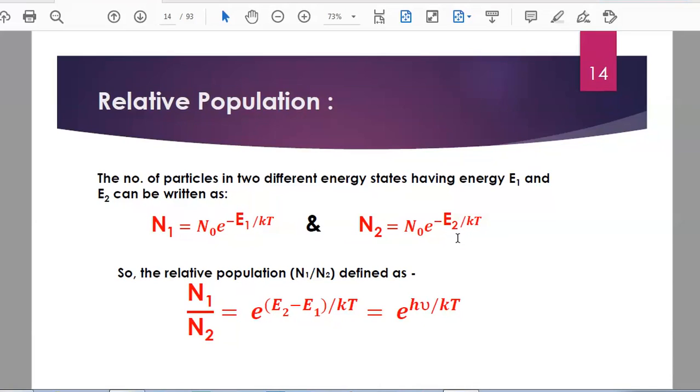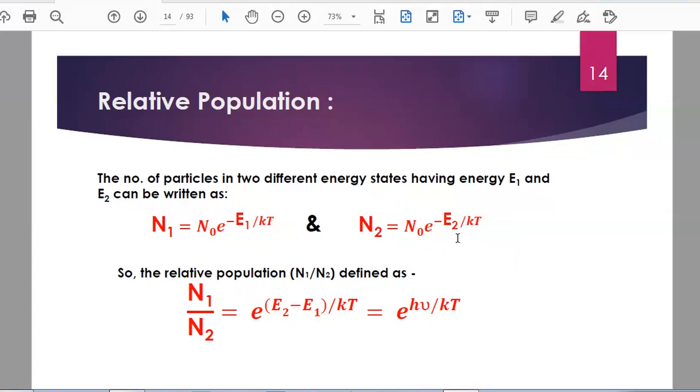So here the energy levels are: the first energy level, let's say, has energy E1, and the second energy level has energy E2. Now if you write the number of particles in each level, don't confuse the words energy states and energy level, both are the same. So if you define the number of particles in each energy state, or let's say in the energy level,